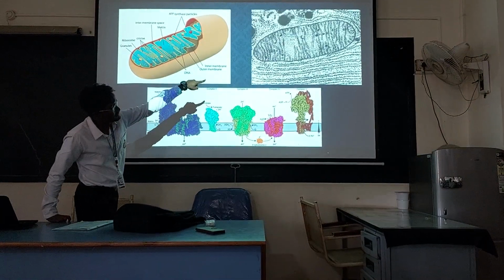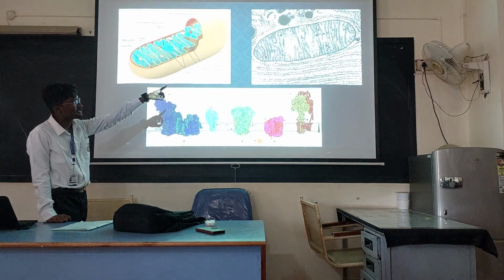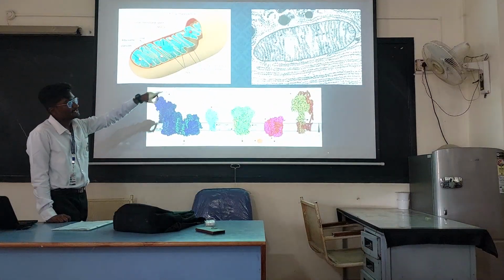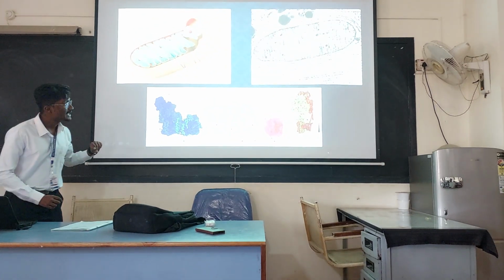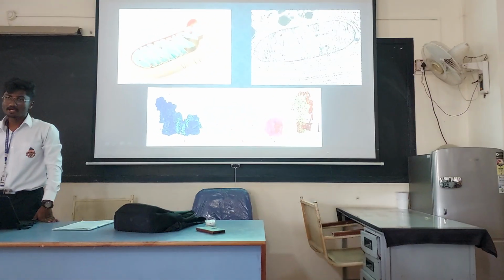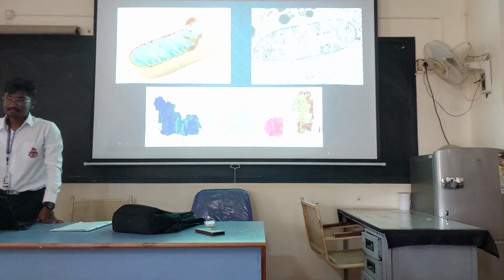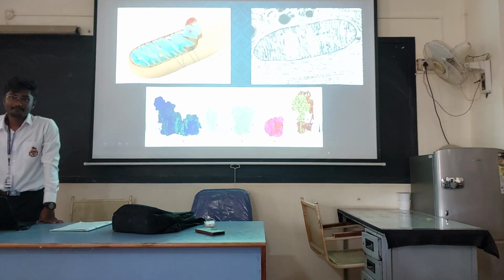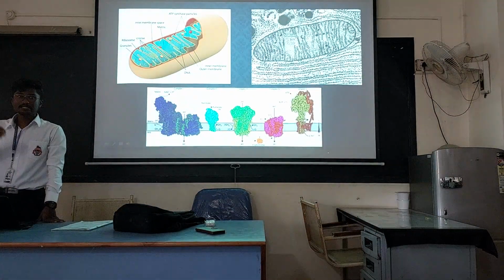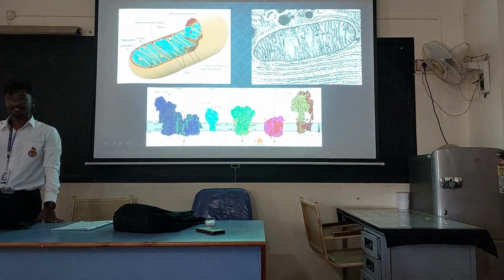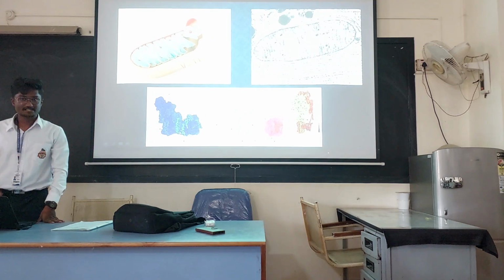When you see it in an electron microscope, you can see the structure of mitochondria. It may be of cylindrical shape or spherical shape as well. And the number of mitochondria varies in different types of cell. In oocyte, there are 2 lakh mitochondria. In a unicellular organism, there might be only 1 mitochondrion. The number of mitochondria depends on the cell's energy requirement.